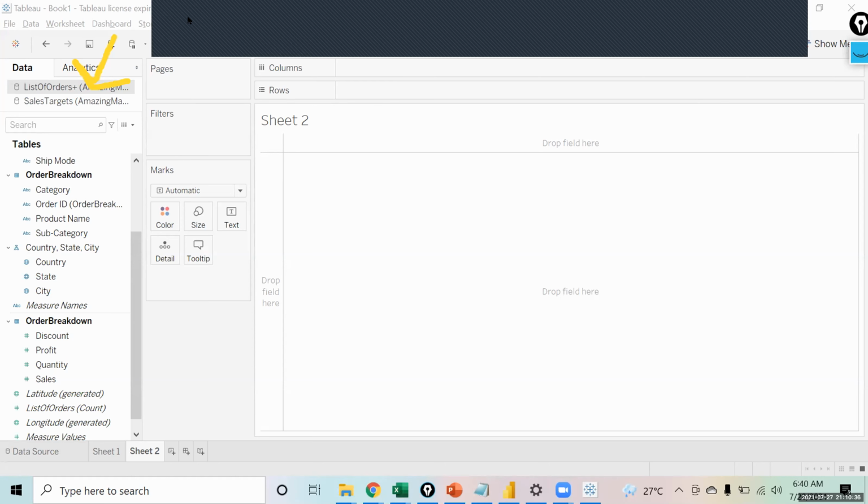Anyone? Can't we join 3 tables at a time? I think we can do it. Yeah, then we can join those 2, list of orders and order breakdown, on sales targets. We can join 3 and we can configure. Yeah, because between those two, only category is common, or I didn't analyze the data set. First of all, I need to see that. We can ask him. Yeah, I don't know what he thinks. We'll ask him. Yeah. Sure.